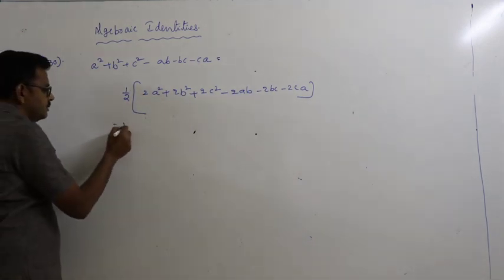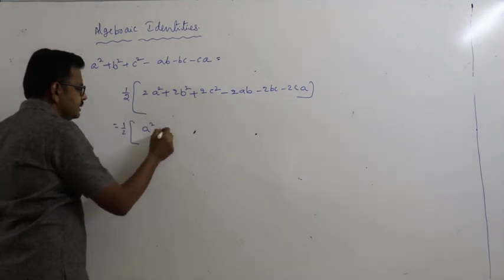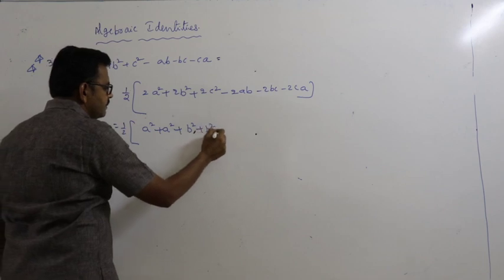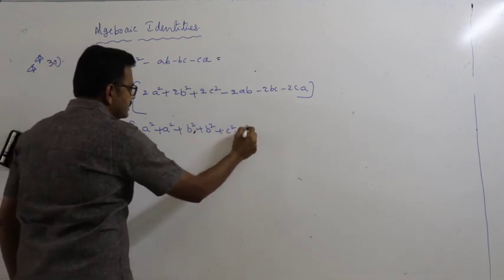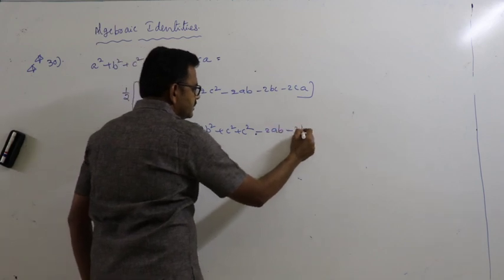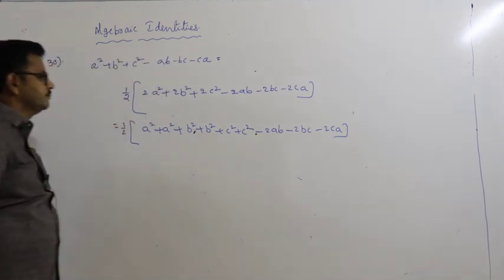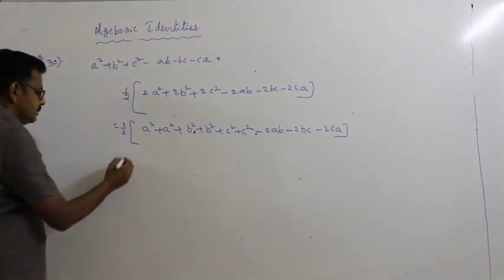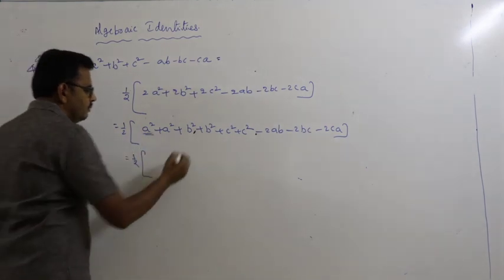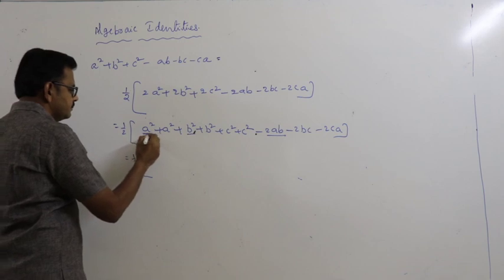So that is 1 by 2 into a square plus a square, b square plus b square, c square plus c square, minus 2ab minus 2bc minus 2ca. That is 1 by 2 of, you take 1 a square, 1 b square and this term. So this is